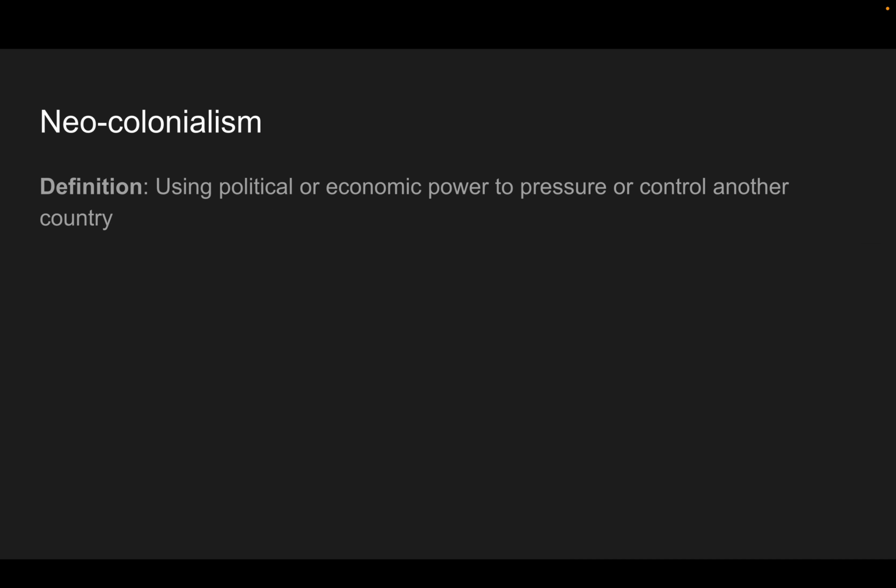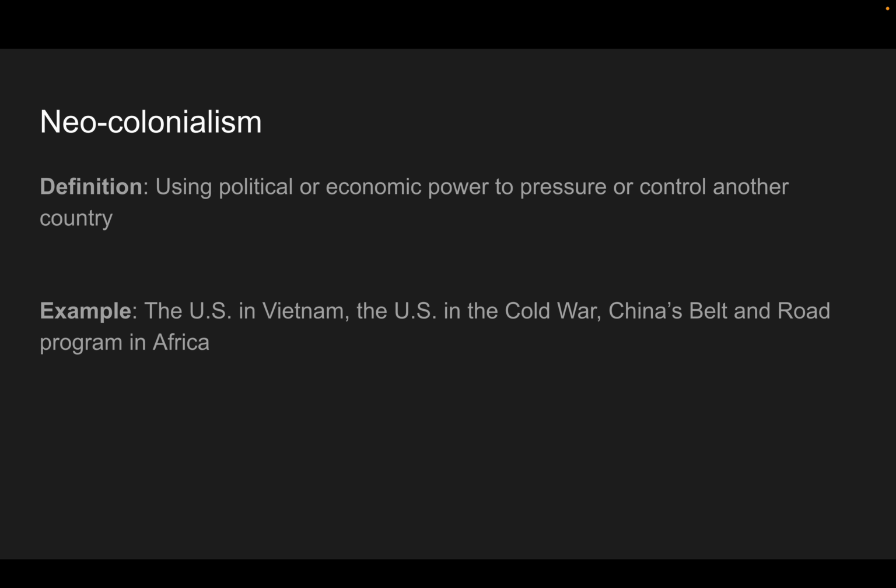Neocolonialism is where you use political or economic power to pressure or control another country. So without actually controlling the country like previous colonization, now it's using your political or economic power to pressure that country. So the U.S. in Vietnam, the U.S. in the Cold War, using money all over the world to influence countries to try to be on our side